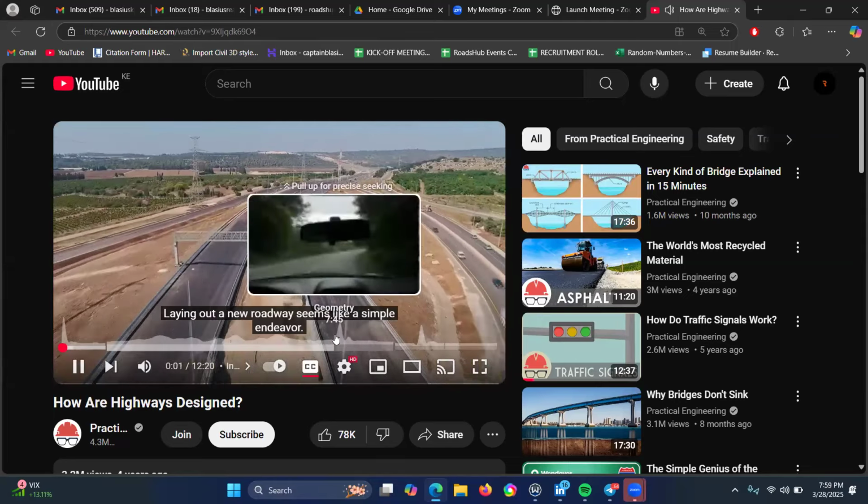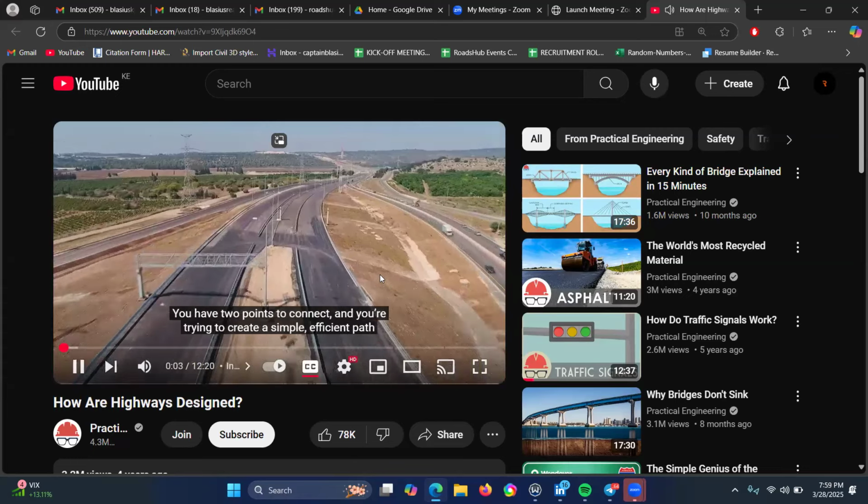Laying out a new roadway seems like a simple endeavor. You have 2 points to connect and you're...